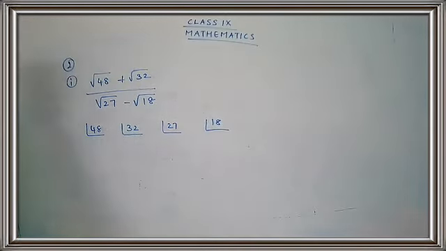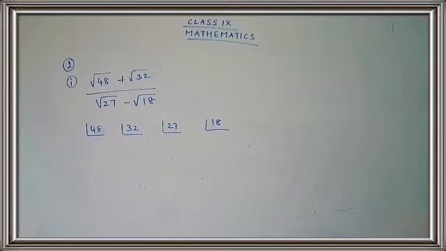So we are going to find out the factors for everything. Let's find out the factors for 48, 32, 27 and 18. Because we have root 27 minus root 18, when you take the conjugate of it and multiply, the numbers will be bigger. So let's try to reduce these numbers and then we will move further. So you have to just follow the next step. Give proper spacing between all the numbers. Do not write everything together. Present your answers neatly, children.